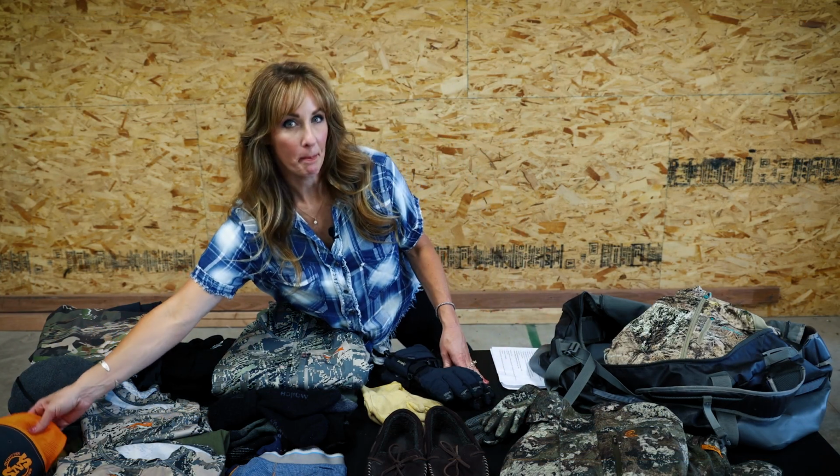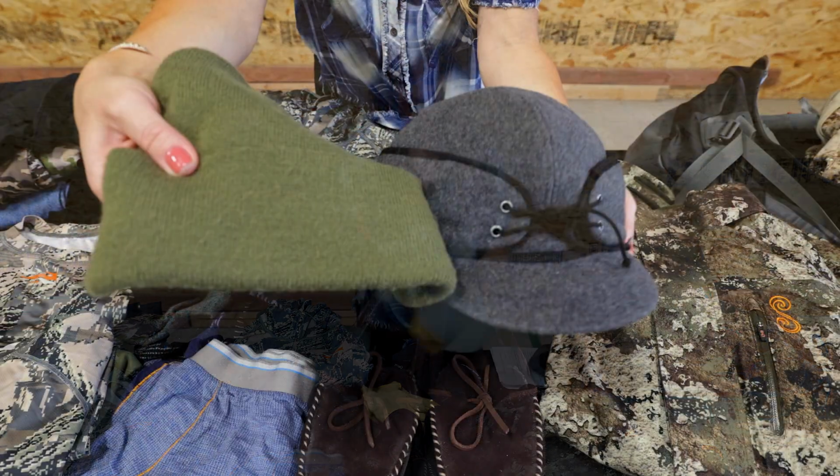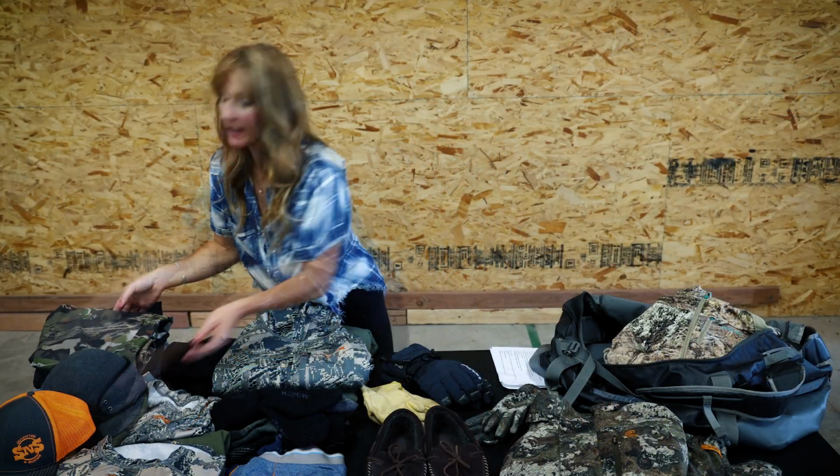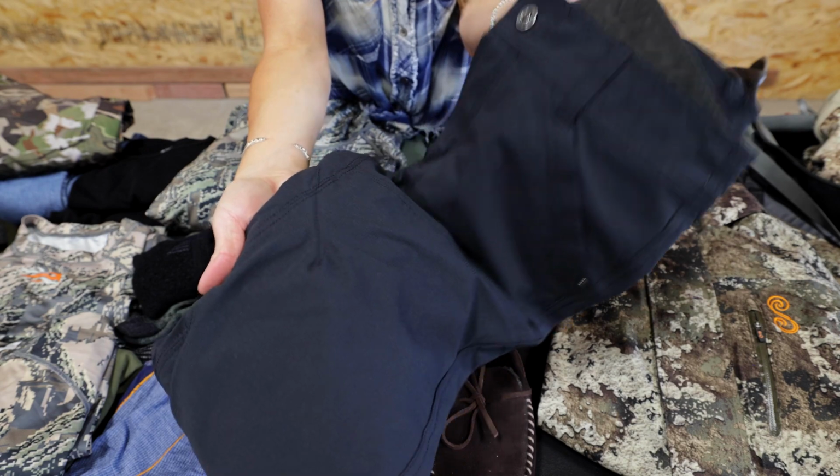Let's start with clothing. Hat with a brim. Pro tip, when you turn in your paperwork to the office on time, you are mailed a complimentary SNS hat. Always a stellar choice to bring along. A cold weather hat. This can be a great option to cover ears, or a stocking hat is just great. A couple pairs of hunting pants. They can be camouflage or just a good hardy tactical pair, or even blue jeans if that's what you're most